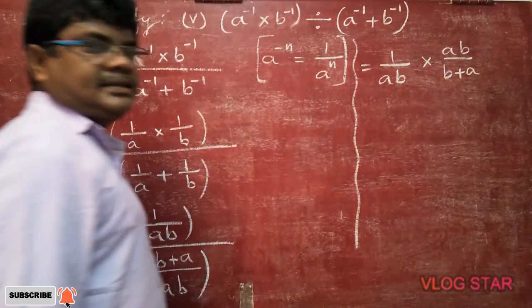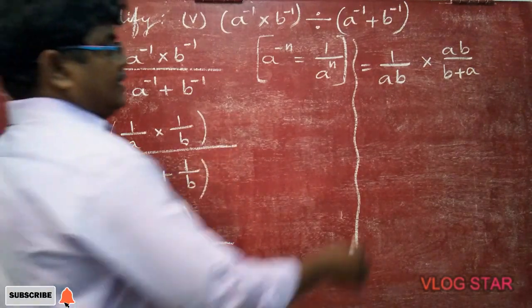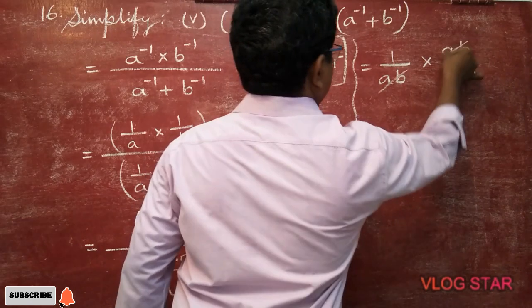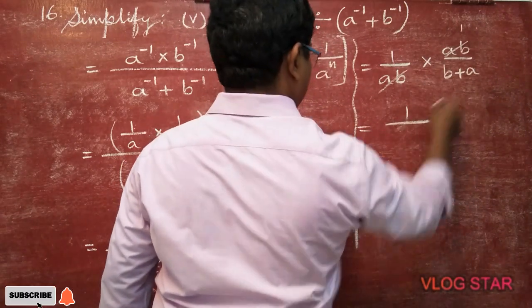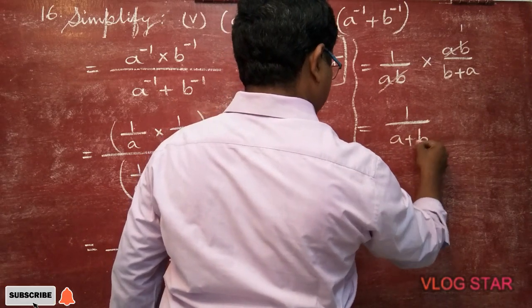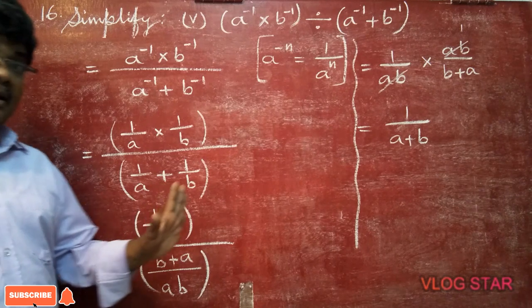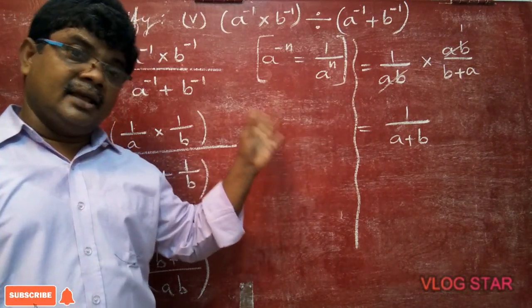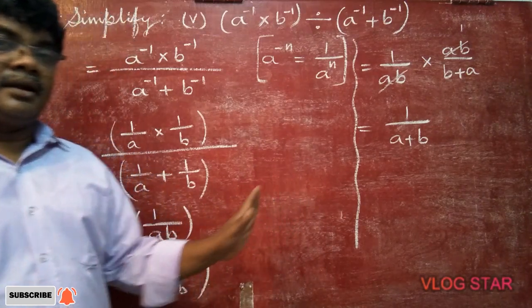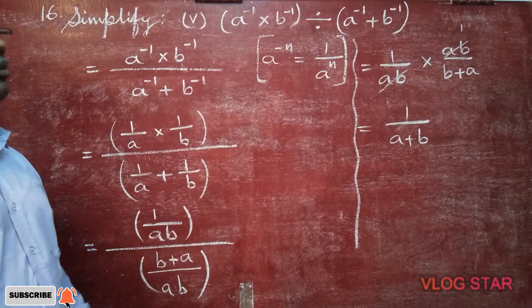If you write B plus A or A plus B also, no problem, commutative property, same one. Here AB goes in AB one time, 1 ones are 1. 1 plus 2 or 2 plus 1, answer same one. But for subtraction, it is not. B minus A means B minus A only, right? A minus B means A minus B only. Are you able to follow? So, this is the way of simplifying this problem.